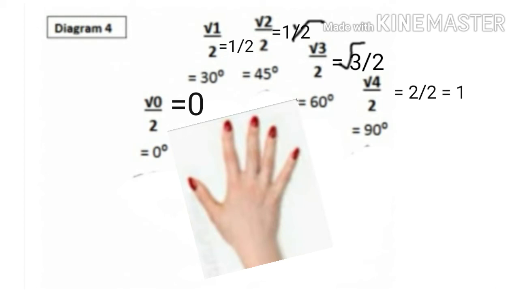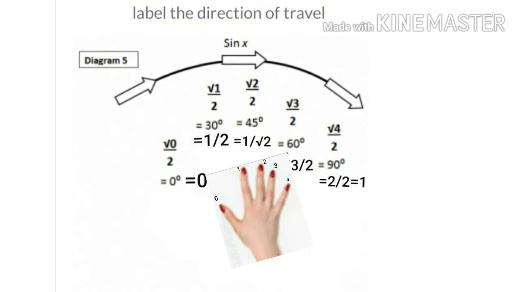Got the idea? Or let me tell you again. You just have to take the square root of each of these values and divide it by 2. Then you will get sine 0 degree, 30 degree, 45 degree, 60 degree and 90 degree. Okay, root 0 by 2 equal to 0, root 1 by 2 equal to 1 by 2, because root 1 equals square root of 1 equals 1. So like this you got up to 90 degree.